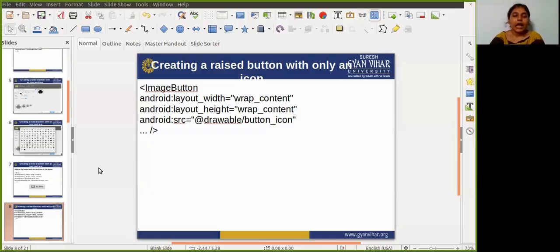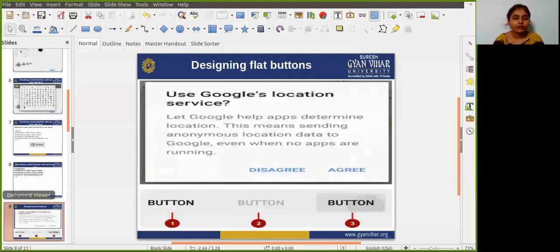After that, we learn about how to design a flat button. A flat button, also known as a borderless button, is a text button that appears flat on the screen without a shadow. The major benefit of flat buttons is simplicity. They minimize distraction from content, and flat buttons are useful when you have a dialogue, as shown in the figure here,